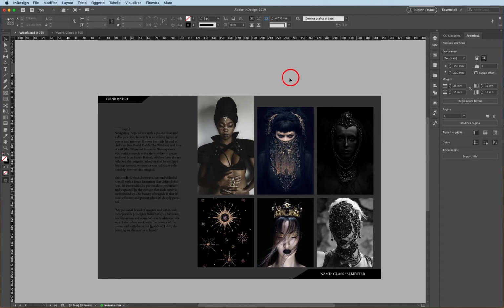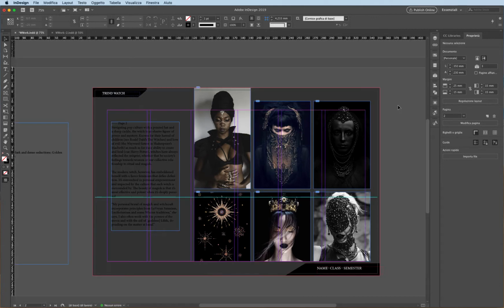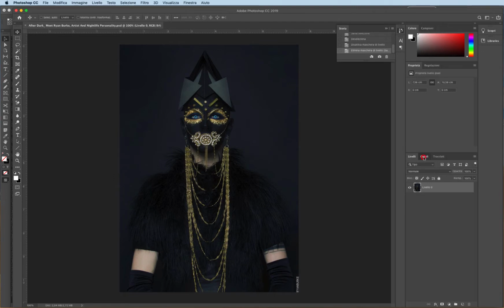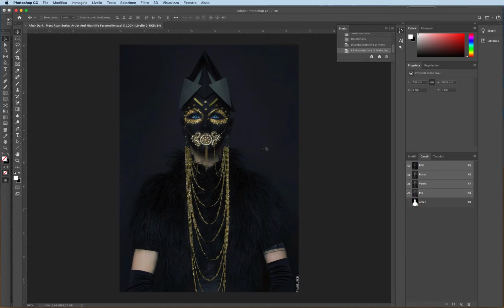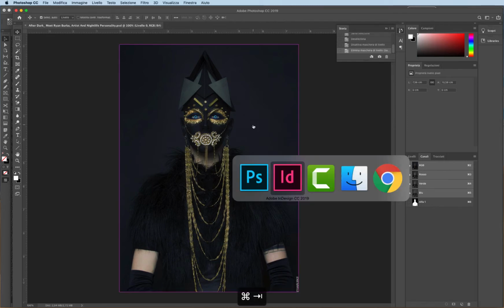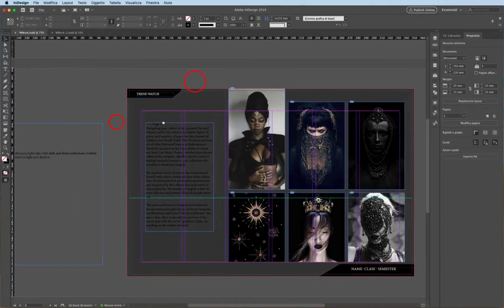So now I want to import another image, which is in this moment still in Photoshop. It is this image. This image has an alpha channel with the selection of the background. I want to remove, I want to have this image without the background. So in this case, it's better not to click and drag, but to import in InDesign according to the old